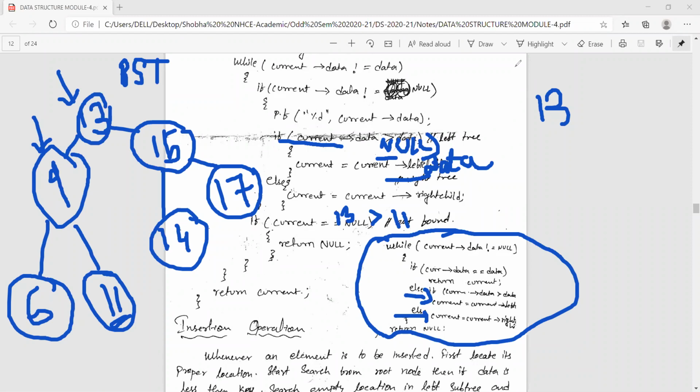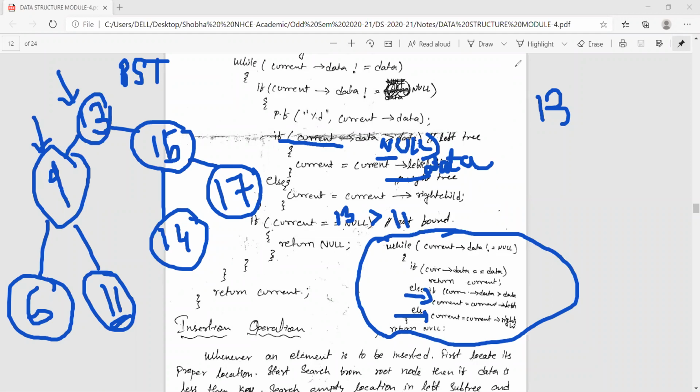Until here, just try to understand search operations, how it is being performed. First it will look for the value in the root node. If it is equal, then it will just return that root. Else if the current data is greater than the key value which you are searching, then you will move towards the left subtree.